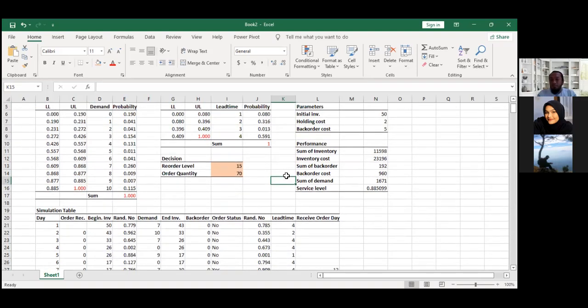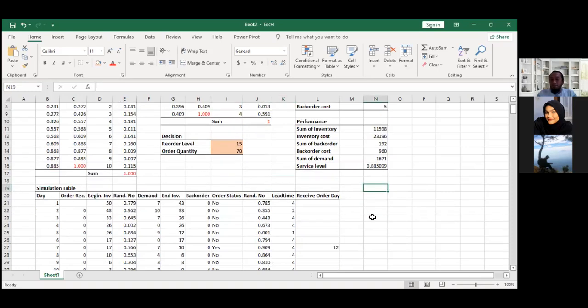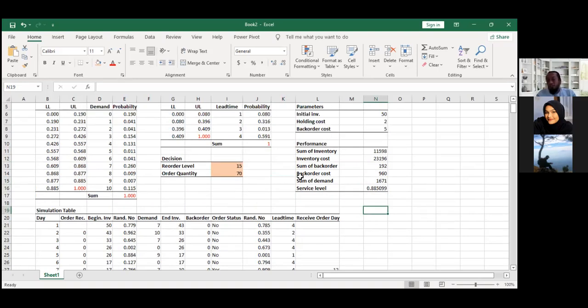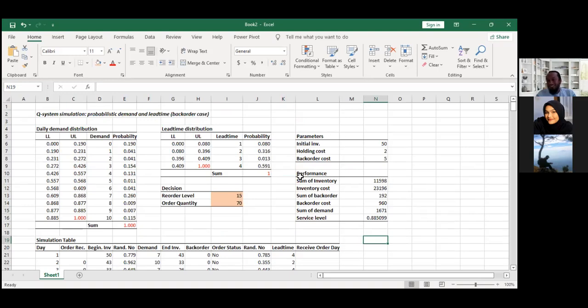Sir, can we use this system modeling if the parameter is static, or is it for dynamic only? Yeah, we use simulation because the parameter data is dynamic. When the demand is not probabilistic like this, then we don't need to use the simulation. We can use a mathematical model to optimize. But here the problem is the demand is probabilistic.